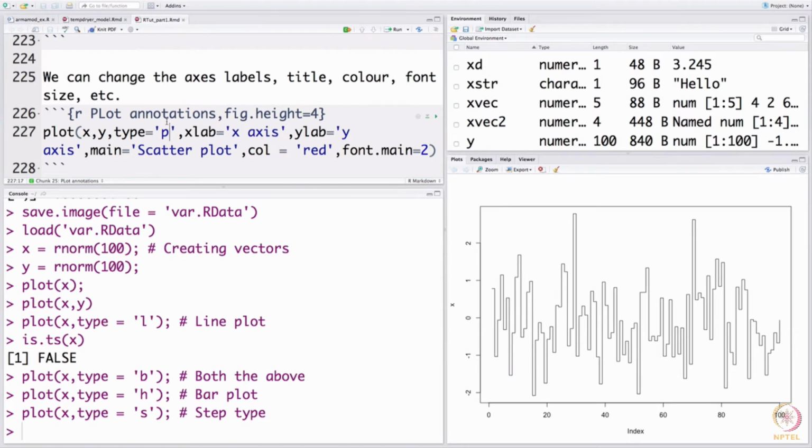So, I am asking it to plot points, a scatter plot, but I could change that to a line plot, and I am giving here xlab as x axis. Well, you could give any label that you want, but that is the syntax. And main here is for the title.